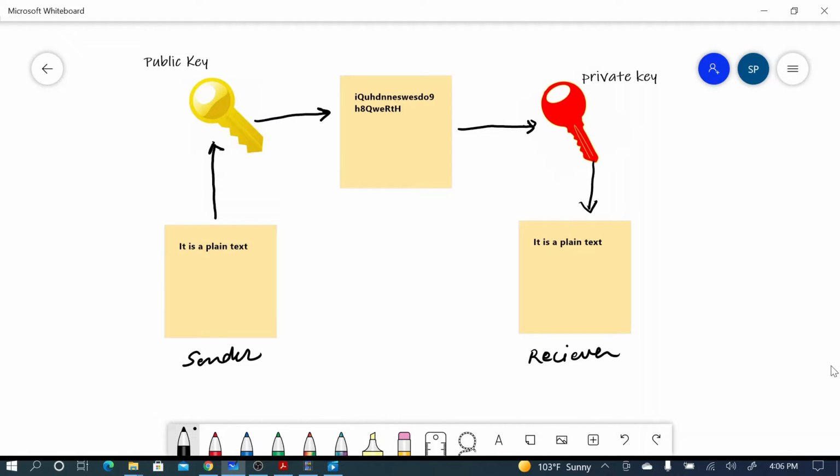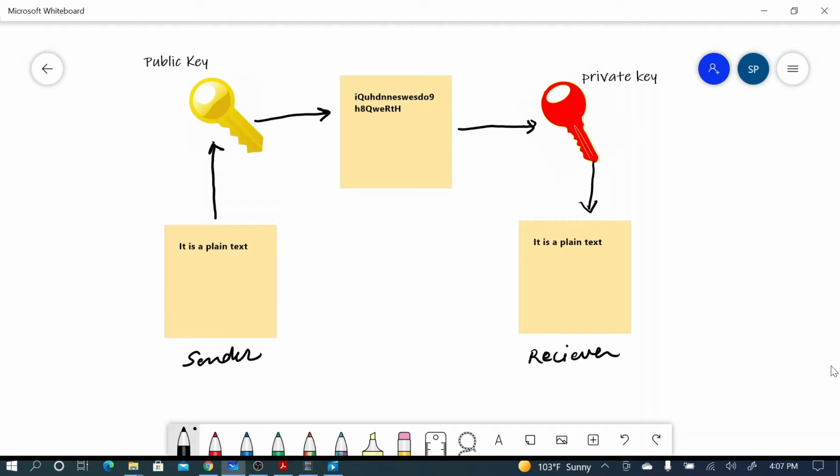In asymmetric encryption, the receiver needs to generate a pair of keys. One is called the public key, another is called the private key, and he needs to send the public key to the sender by any way. He can send it through email, he can publish it to a public key server, or he can publish it to a website, whatever way he wants, because it's a public key.